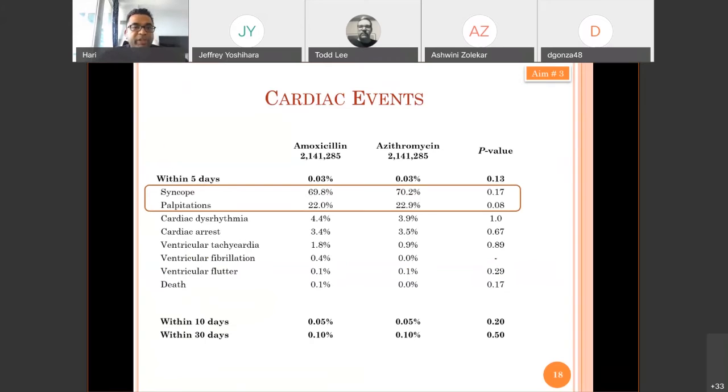Okay, so in terms of the occurrence of cardiac events, here's a breakdown between 5, 10, and 30 days. And the results for our base case, we were focusing on the five-day period. And this is what's consistent with previous studies that found an increased risk, which was within the 5 days. What we see here is majority of the patients had either syncope or palpitation as their primary diagnosis. It's rare to see patients having cardiac arrest or cardiac arrhythmias.